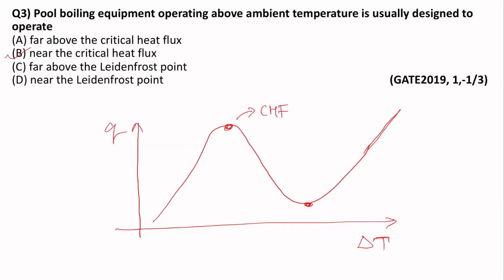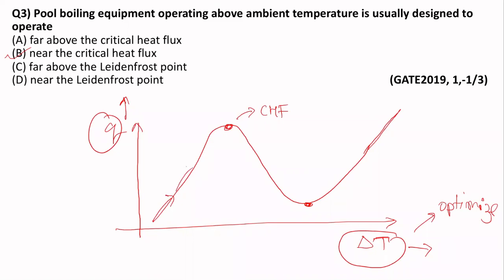Correct. So the idea here is that delta T is something that you will be providing while designing an equipment. So this particular thing costs you, and you want to optimize it. To optimize this, you see at what delta T I can get maximum Q. The more the Q, the better your operation, the higher throughput and output you will get. So you say, okay, here it is increasing. At this point I get the maxima. After this, as Shreyas pointed out rightly, you will not get more above this point.